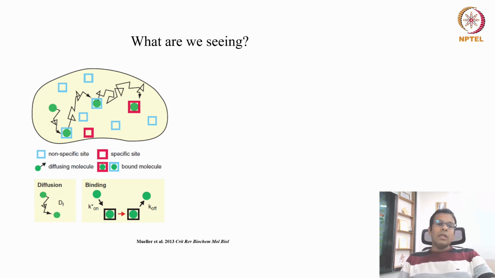Okay, so in single molecule imaging, you can visualize this process, like how long this molecule takes to reach the target site, how many non-specific interactions it makes before reaching the target site. Okay, and you can quantify the on and off rate of binding of any protein to any target site, and also you can measure the diffusion parameters, that is, how fast or slow this protein is diffusing inside the cell. You can measure the mean square displacement and diffusion parameters.